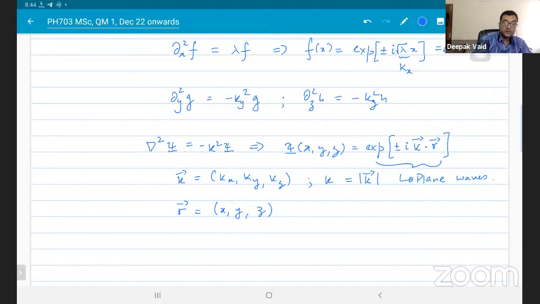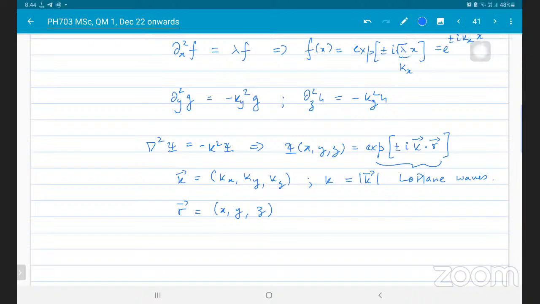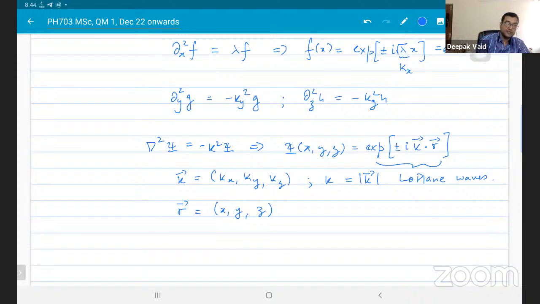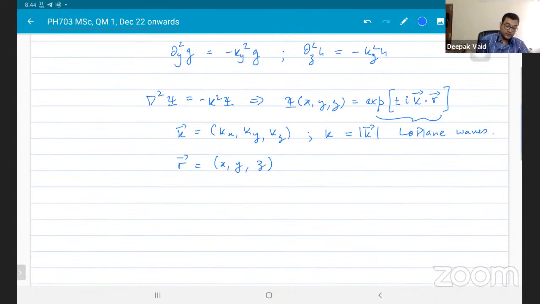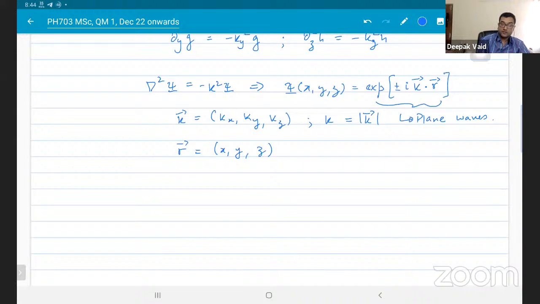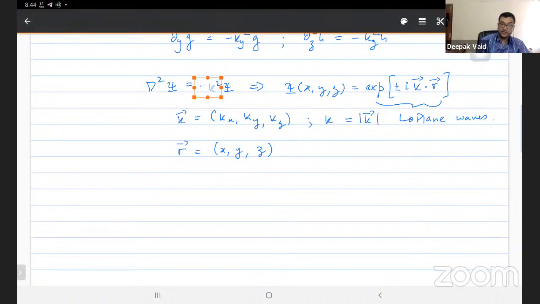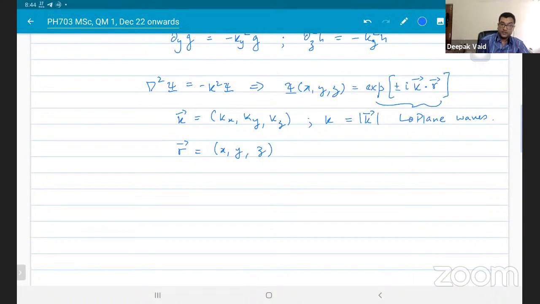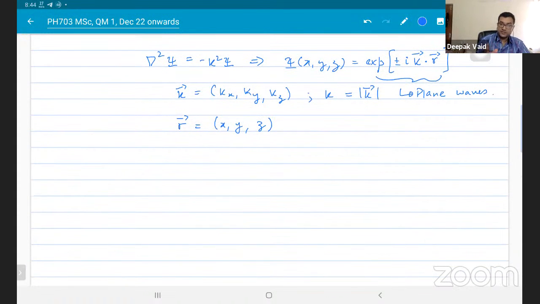Okay. If there are any issues, please ask me. I keep checking on the Zoom chat and on the YouTube chat for any questions, but you can also just ask at any point. So this is the solution of the eigenvalue equation. Once again, you don't necessarily need to have negative eigenvalues. You can have positive eigenvalues, in which case these components will become complex. This is the same thing that comes up whenever you solve the Schrodinger equation.